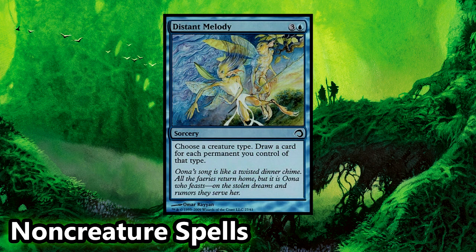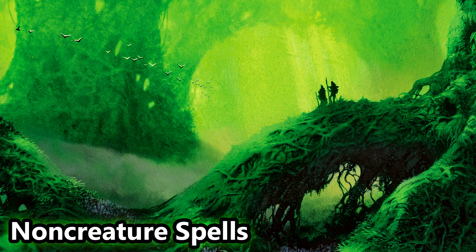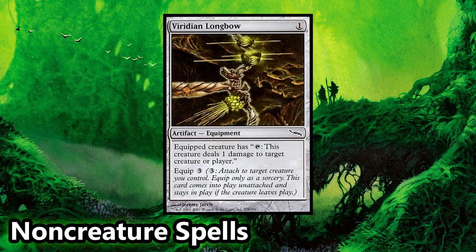Did we run out of elves in our hand to cast? Let's fill it back up by dropping a Melody. We'll draw a ton of cards to start all over again with casting more elves. It's so ridiculous, it's the only card we run an island for in the entire deck. We also run a copy of Viridian Longbow. The single damage the equipped creature can ping in for can quickly add up as we work through our untapped